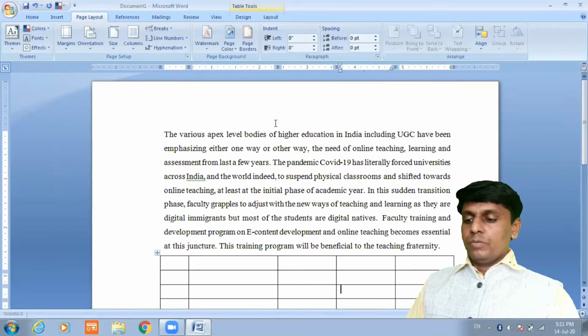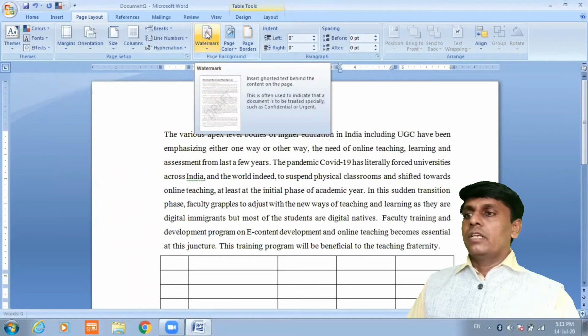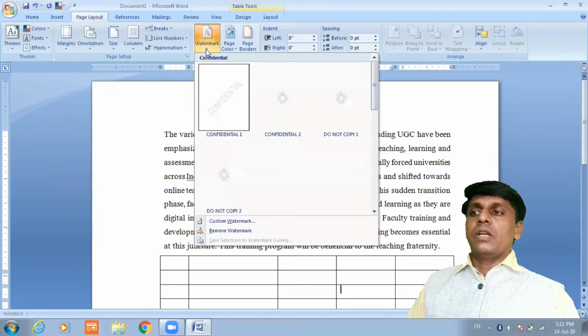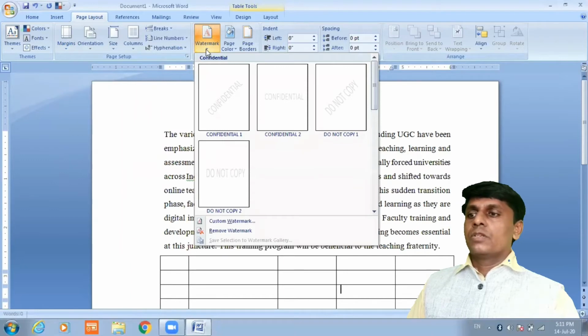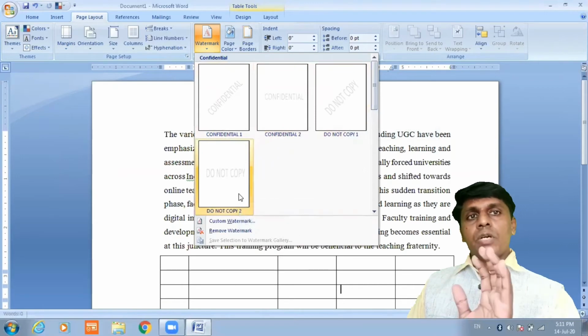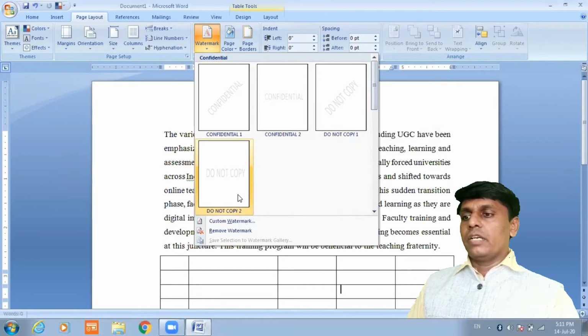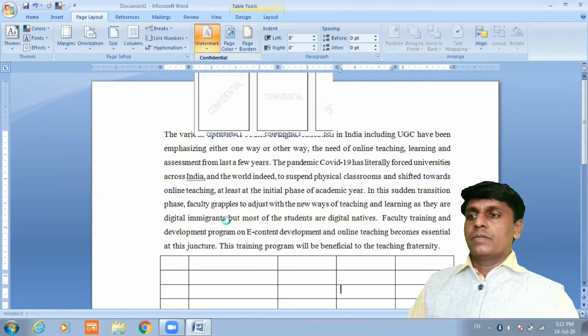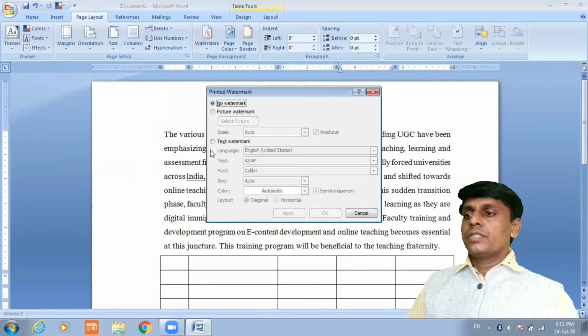Then you are going to prepare study material in these basic documents. If you want to give a watermark as study material, then under Page Layout, this is Watermark. You can go there, and these are the existing watermarks: confidential, do not copy, and so on. But if you want to keep your watermark as study material, go to custom watermark here. After custom watermark, click on text watermark.